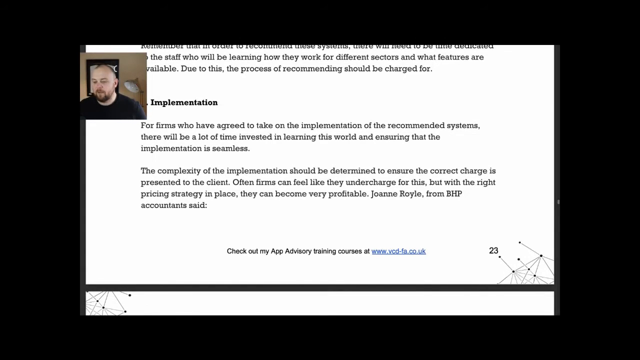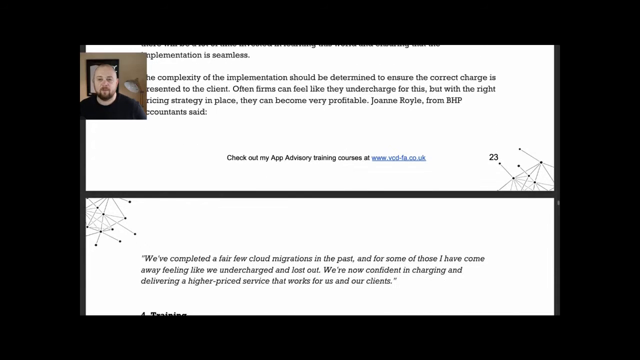And Jo Royal from BHP, who came on one of our courses, was saying, we've completed a fair few cloud migrations in the past, and for some of those, I've come away feeling like we undercharged and lost out. We're now confident in charging and delivering a higher price service that works for us and our clients. Because it's really important, I think, that we really state what's involved in an implementation or a migration. And I see when I review people's proposals, it's really vague and we just don't tell them what we're going